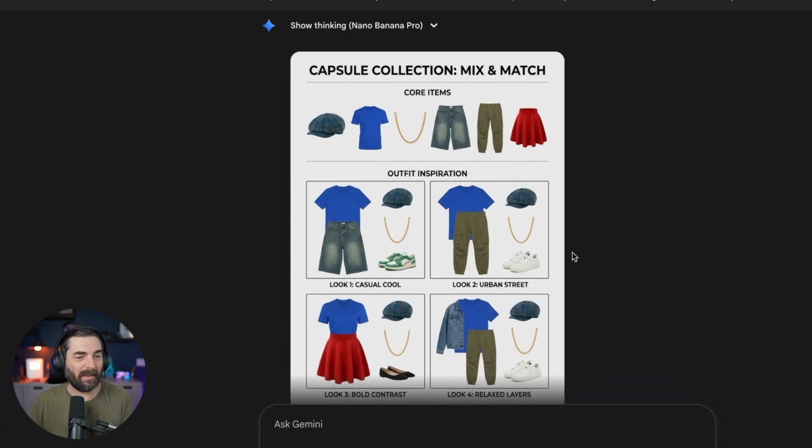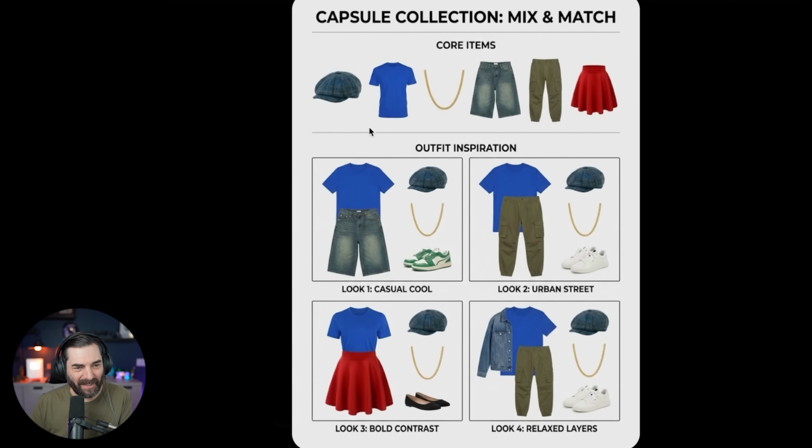And would you look at that? Here's our sheet. Let's take a peek here. So it took this hat, this blue shirt, this gold chain, these jean shorts, these cargo pants, and this skirt. And it created some mix and match looks that might be pretty interesting if you were seen wearing them in